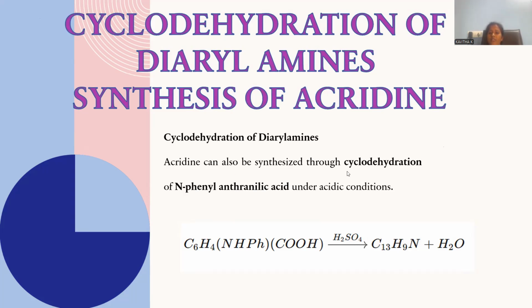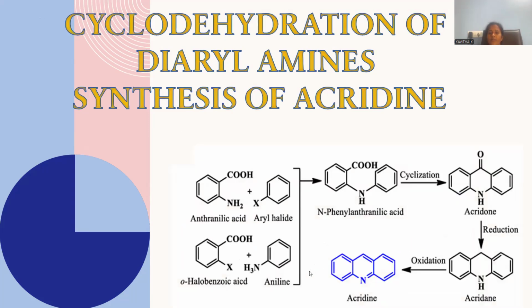Acridine can also be synthesized through the cyclodehydration of N-phenylanthranilic acid. This is said to be N-phenylanthranilic acid. Under acidified conditions, the reaction proceeds, giving rise to acridine as the final product. In order to record the reaction, let me go with anthranilic acid. Anthranilic acid will be taken, treated with an aryl halide under certain conditions,